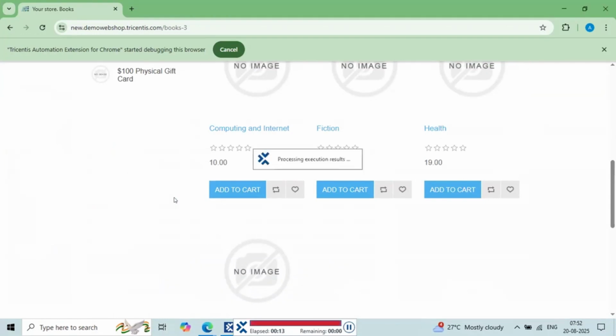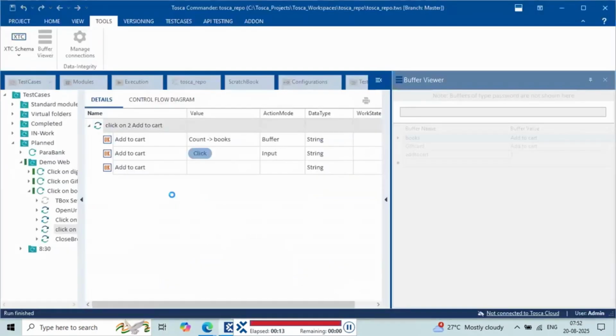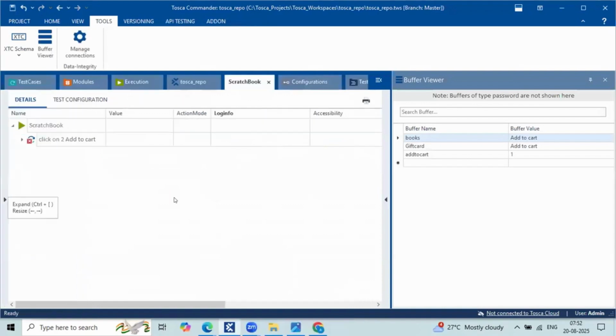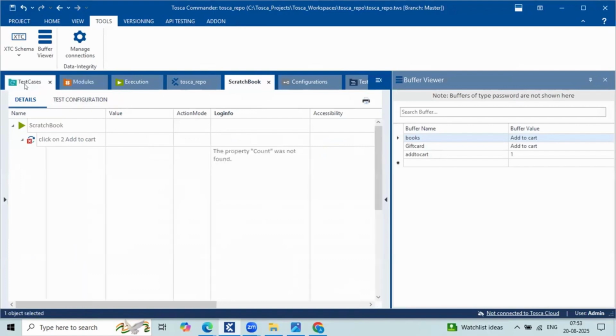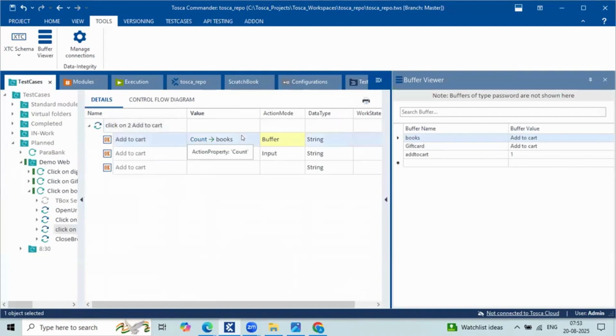So team, to capture the count, sometimes we use the count function, sometimes we use another function, that is result count. Okay, that is result count. So how to implement a result count? I'll show you that. Again, we are getting an error: property count was not found. So let me use result count.